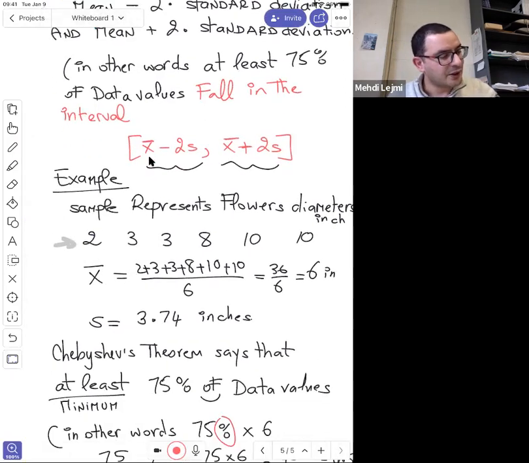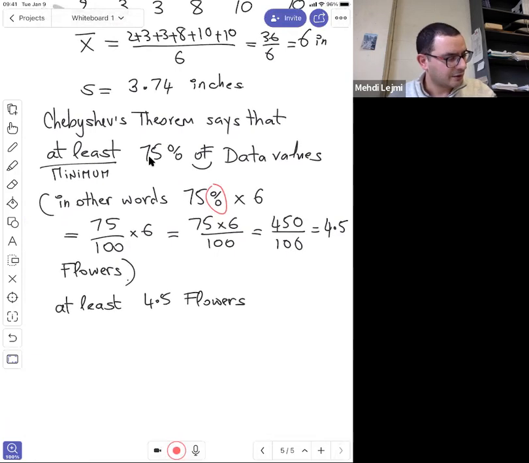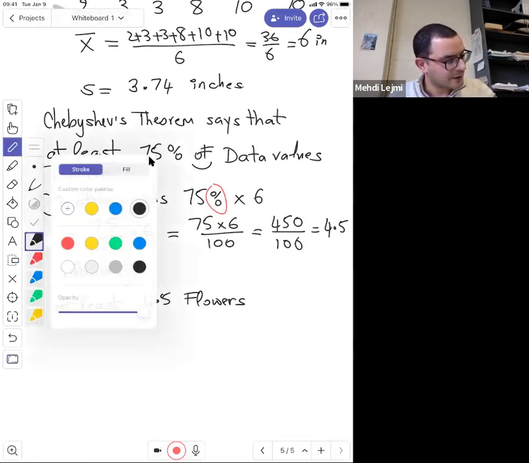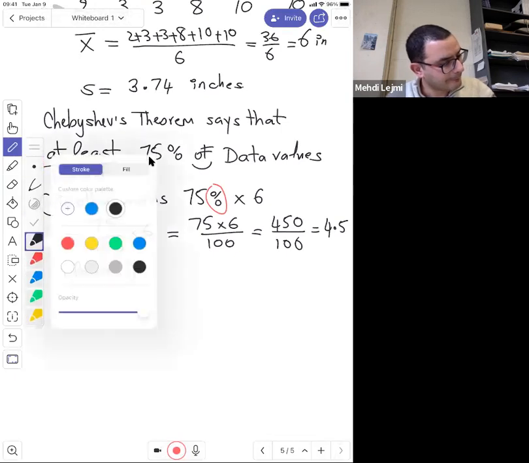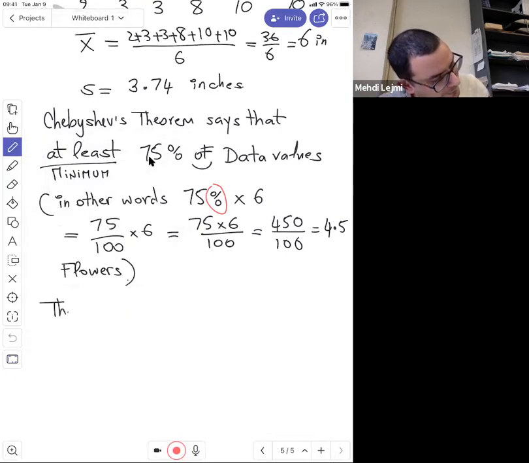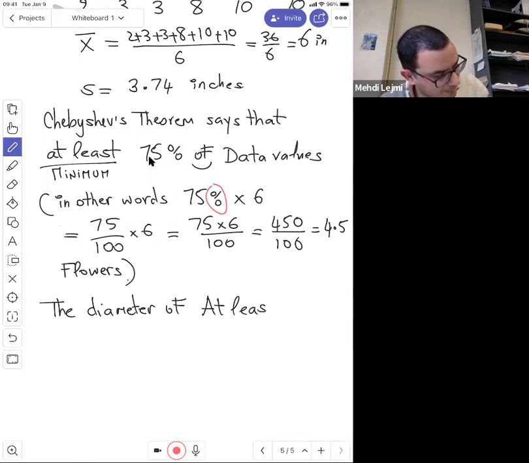Let me write it down here. So the diameter of at least 4.5 flowers is between